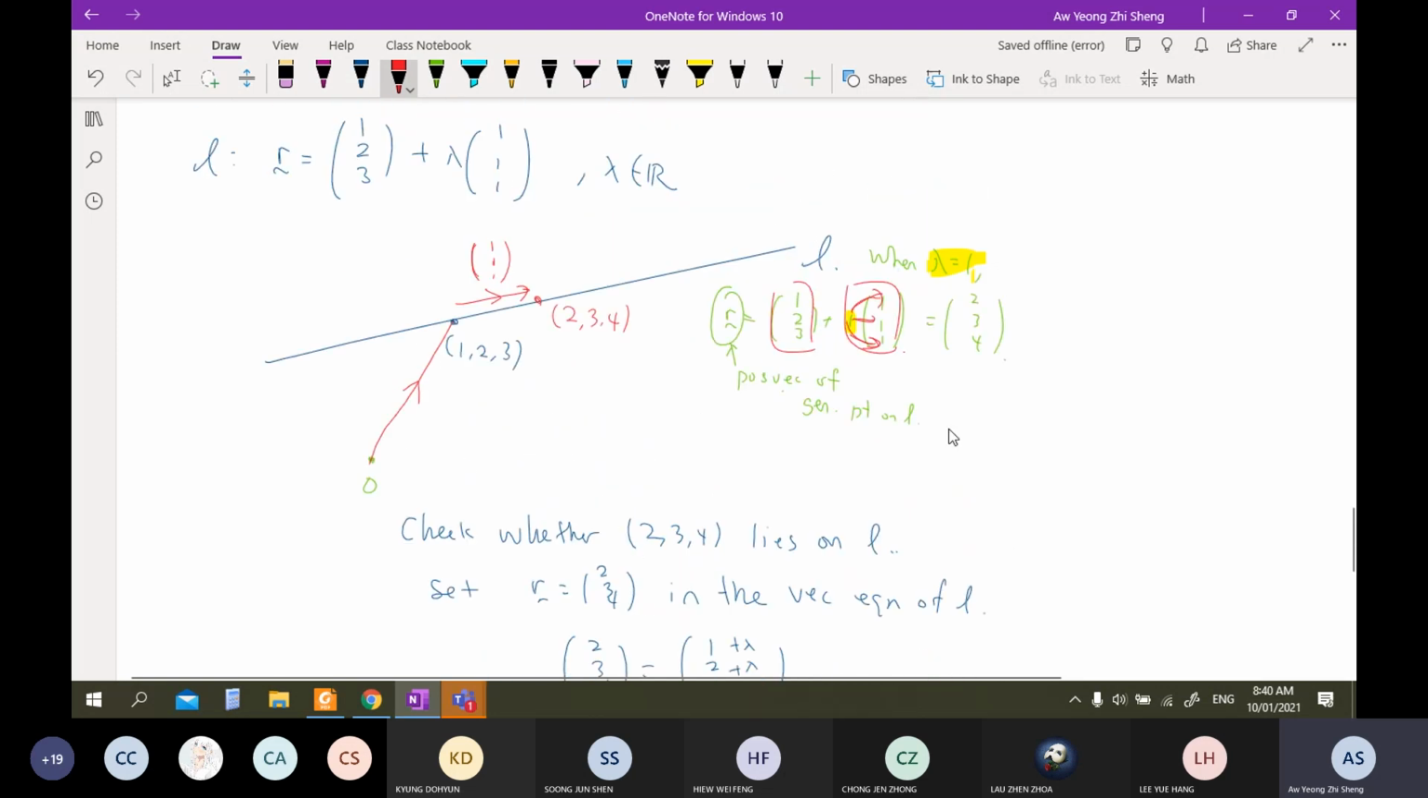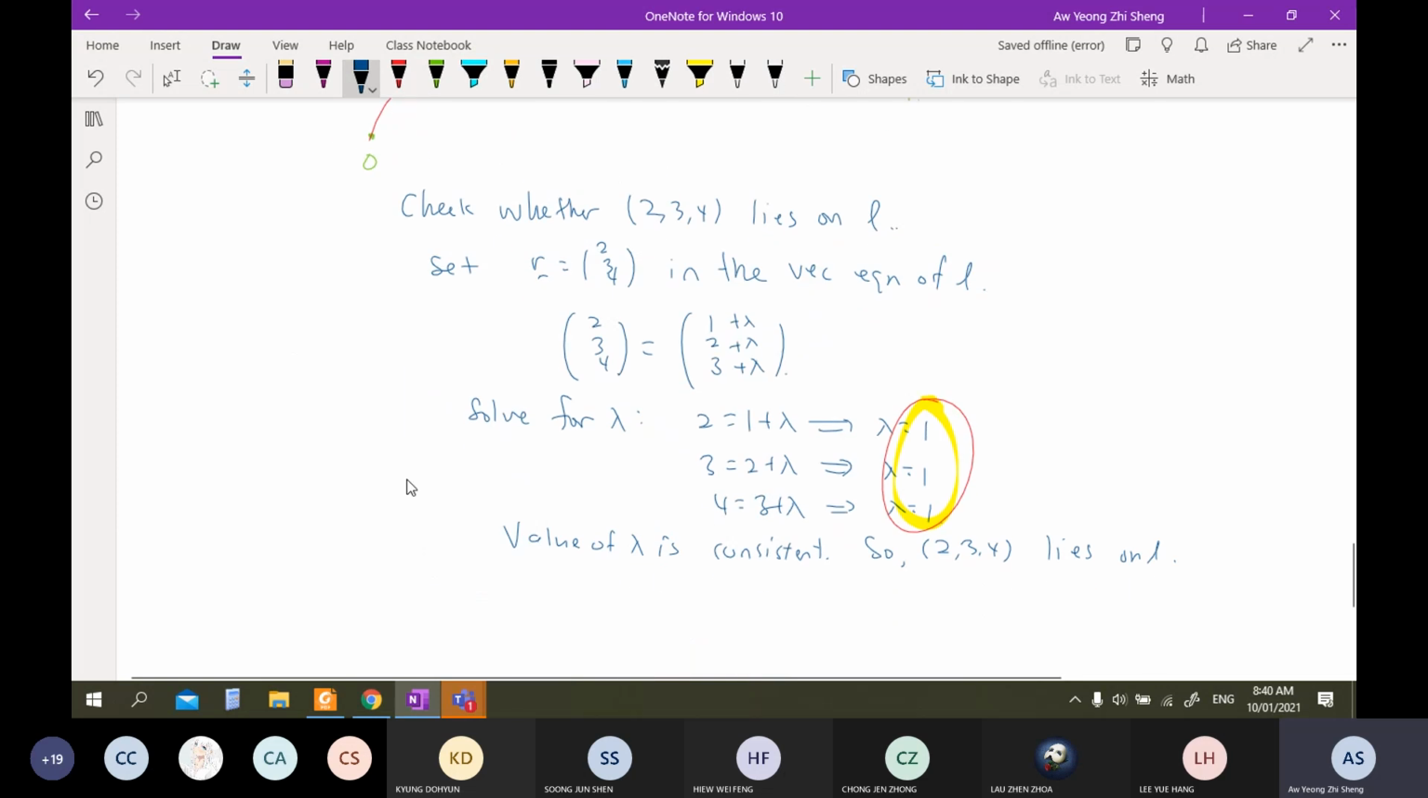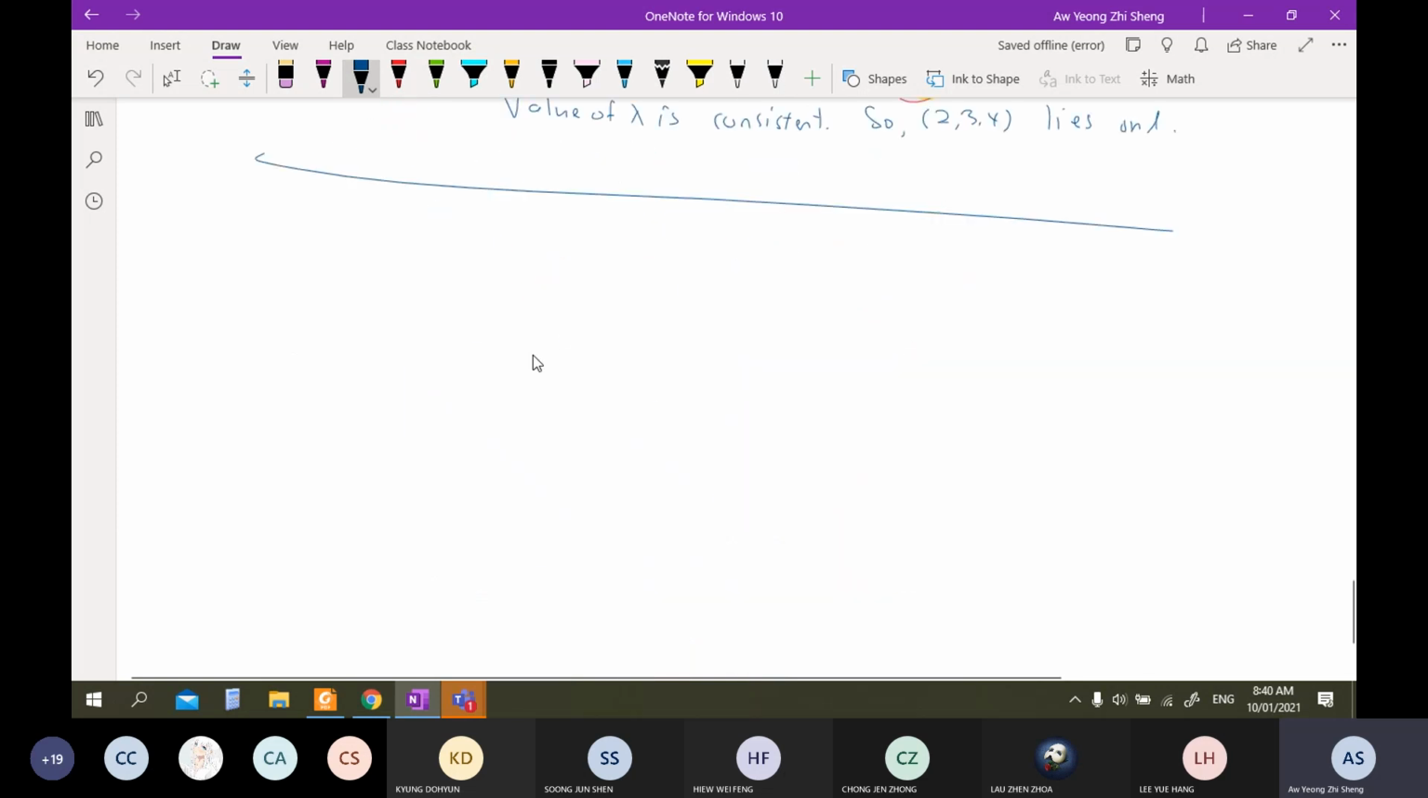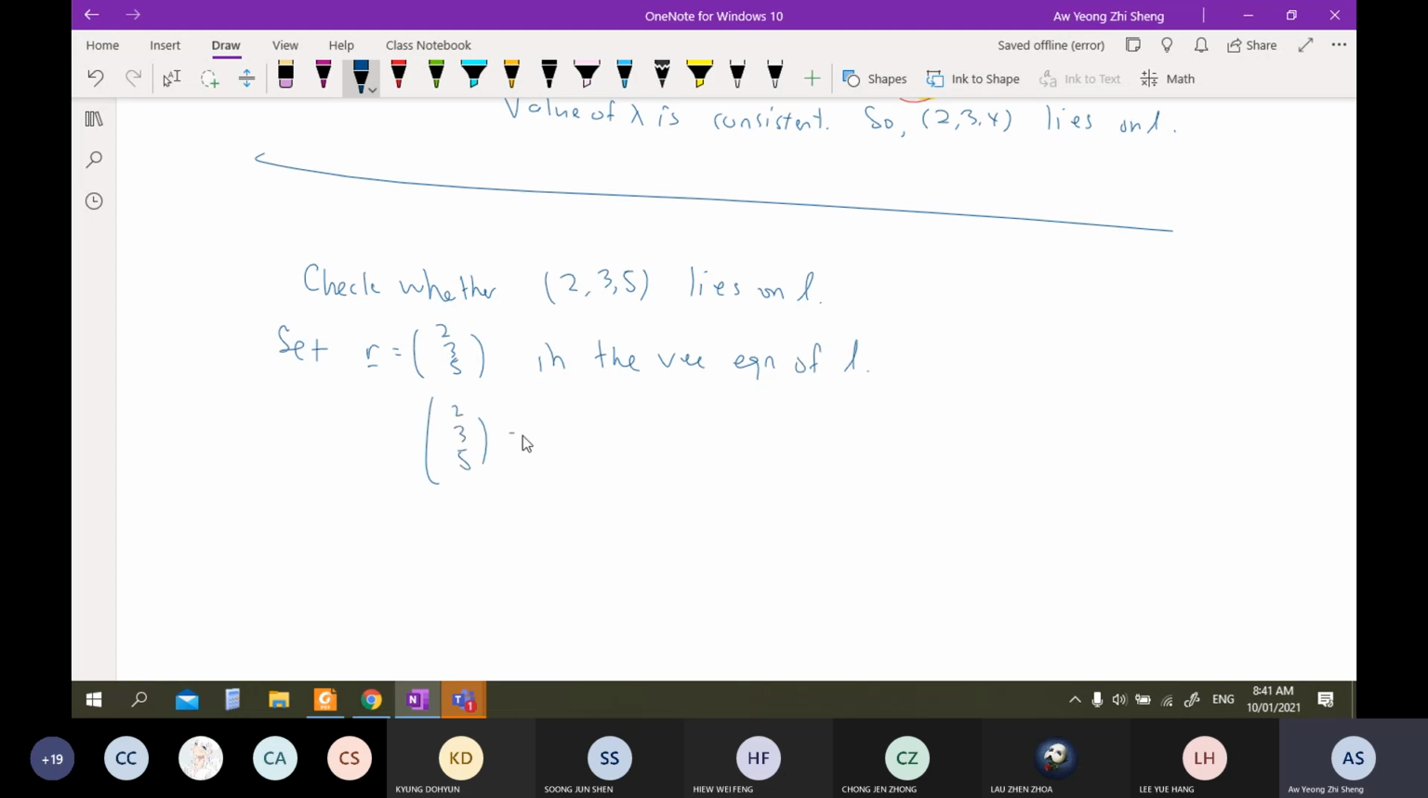Now, you would get two of them the same and one different if I give you the point 2, 3, 5. For example, check whether 2, 3, 5 lies on L. The answer will be no, but let's implement the procedure. Then you would set R equals 2, 3, 5 in the vector equation of L. Then you would have 2, 3, 5 equals 1, 2, 3 plus lambda, lambda, lambda. So when you solve for lambda,